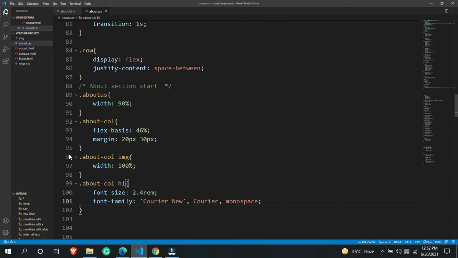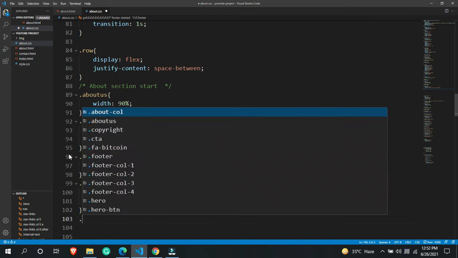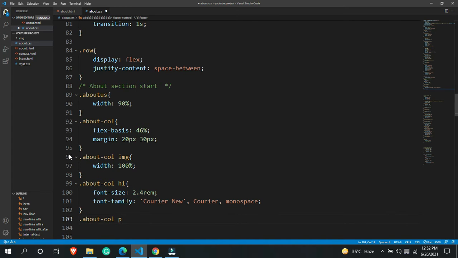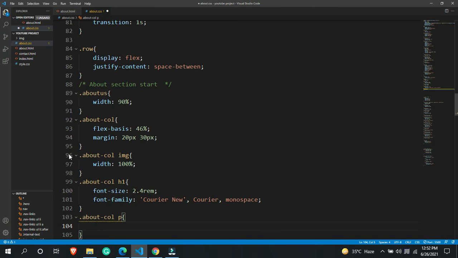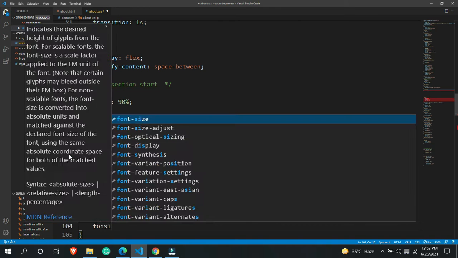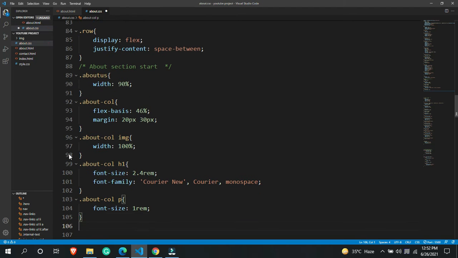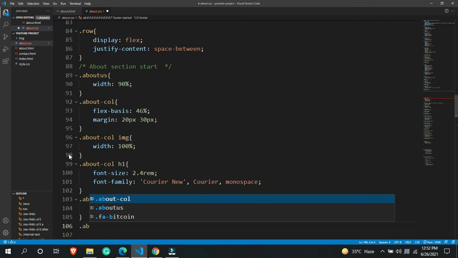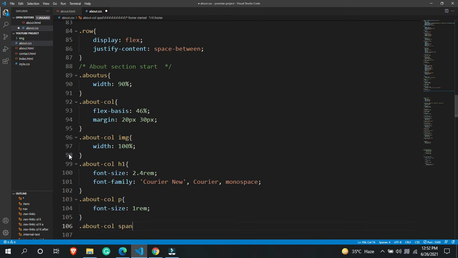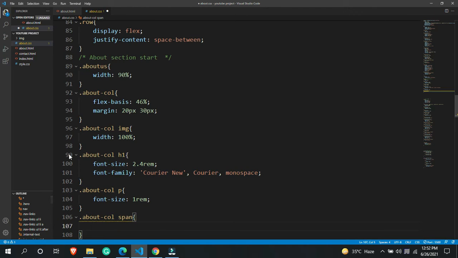Then after that I'm going to target a paragraph over here. In order to target your paragraph, let's target it. I'm going to change the font size as well. So let's say 1 rem. I'm using a 1 rem font size over here, and then after that I'm going to use about col span. Inside this about col span I'm going to change the color.